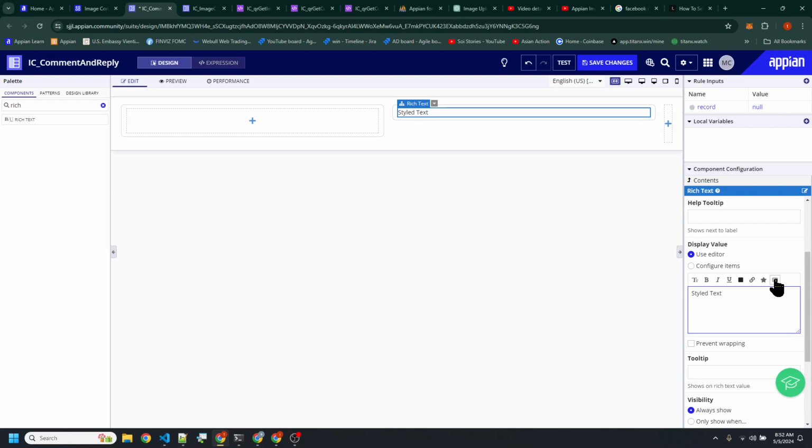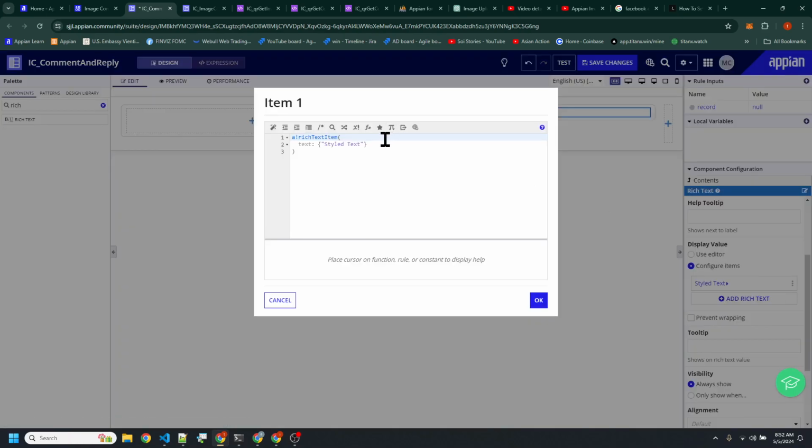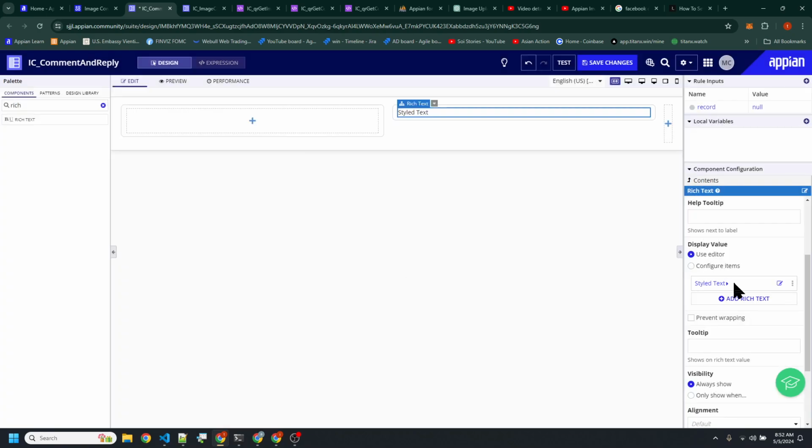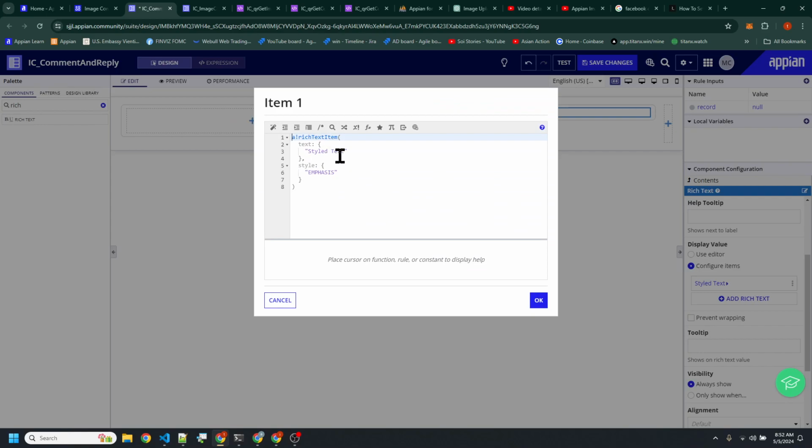How do I, okay, so I can actually update this using this now. So if we use the editor, we can actually style it to where it's italic or slanted like that. And then now we can configure item here. Now when you go to configure item here, it's got the styling emphasis on it.